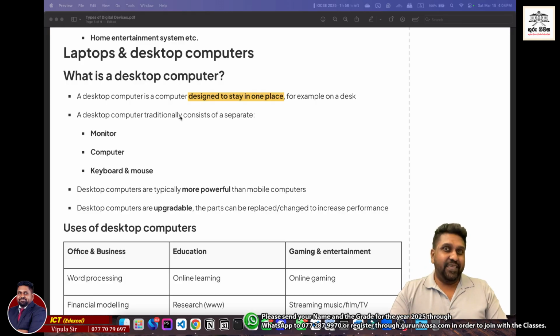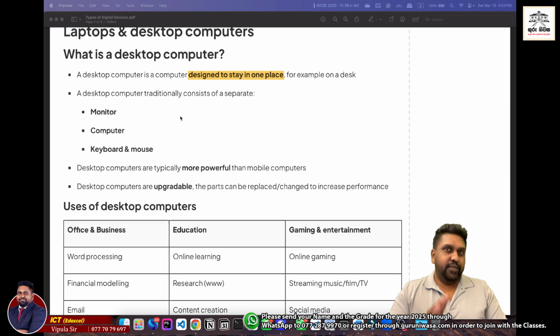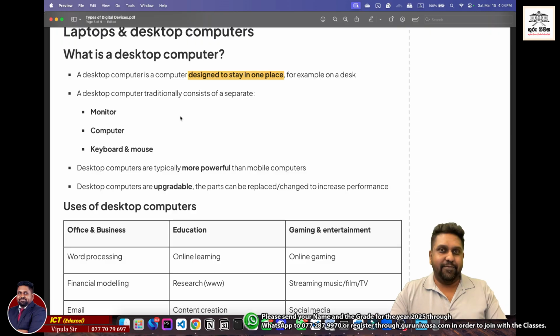So desktops are typically more powerful than mobile computers. Typically powerful, but yes, I know you might argue that we do have powerful laptops, but that's a different story. There are laptops which are much more powerful than desktop PCs, but there is still a certain extent the power of a laptop can go. So we do have a certain set of limitations, but whatever said and done, a desktop computer is much more powerful, right? So primary keyword is powerful, and guys, remember, this is also another keyword, which is